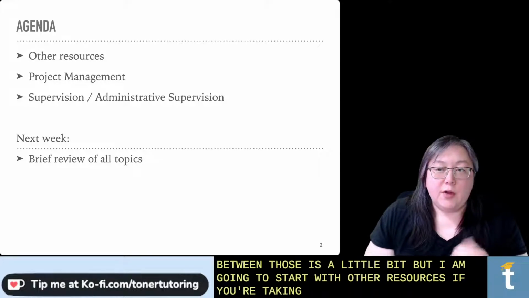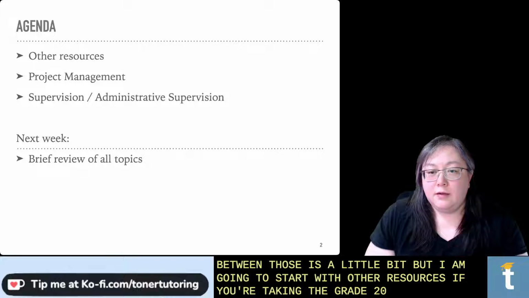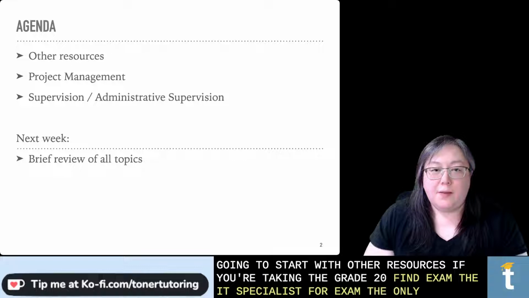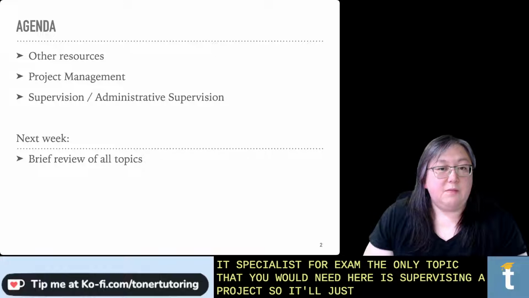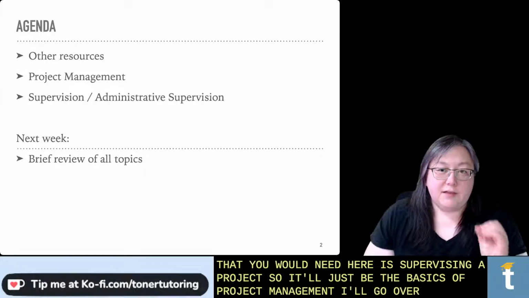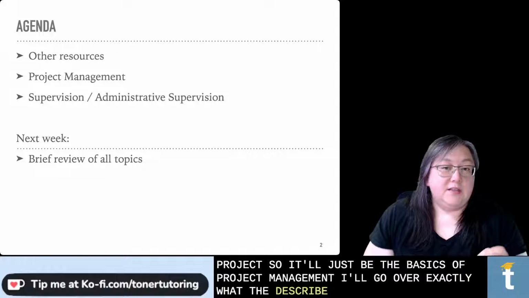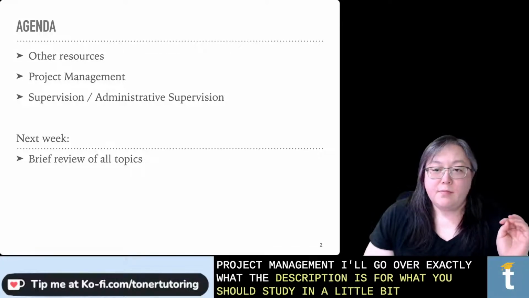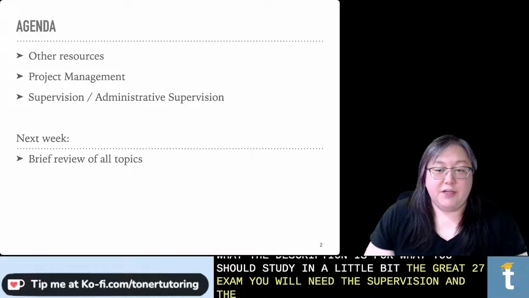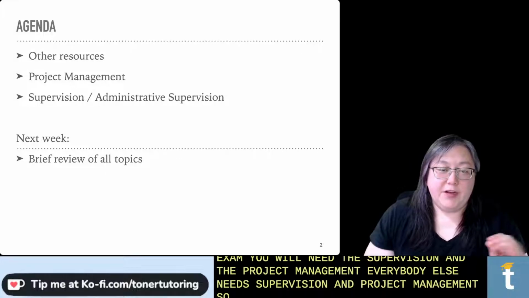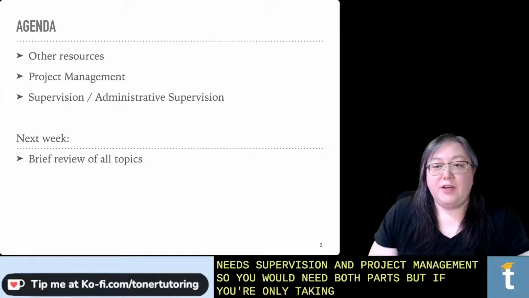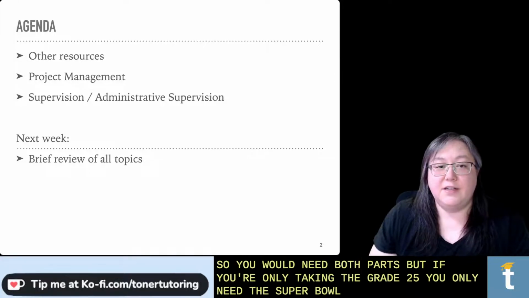If you're taking the grade 25 exam, the IT Specialist 4 exam, the only topic that you would need here is supervising a project. So it'll just be the basics of project management. I'll go over exactly what the description is for what you should study in a little bit. The grade 27 exam, you will need the supervision and the project management. So everybody else needs supervision and project management, so you would need both parts. But if you're only taking the grade 25, you only need the supervising a project, so just the basics of